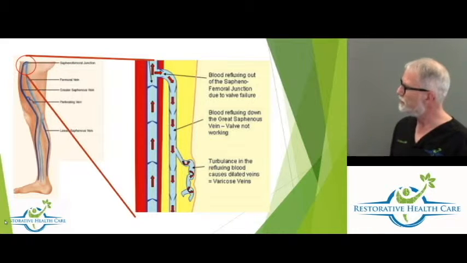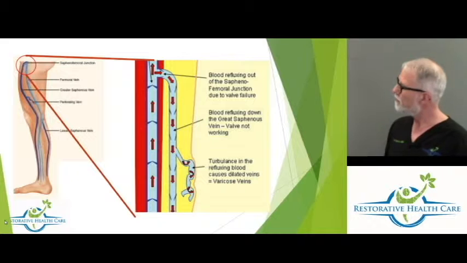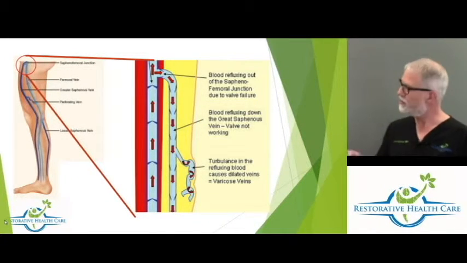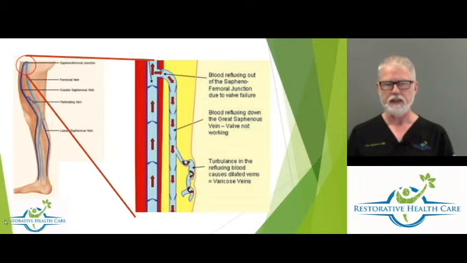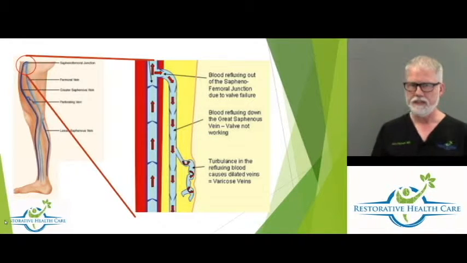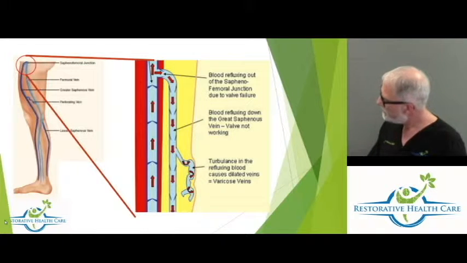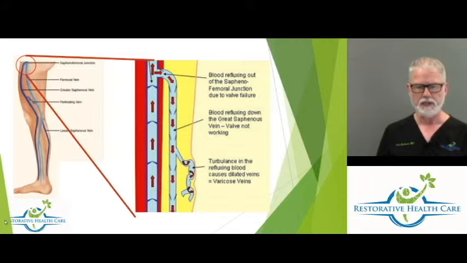And the way this results then in varicose veins that we see on the surface, we show here. You can see this little picture here is a drawing of this junction up in the groin where the great saphenous, the main skin vein, is bringing all of the blood from the skin and dumping it into the deep veins. So what's happening is the deep veins are pumping the blood up your leg as the muscle squeezes, and